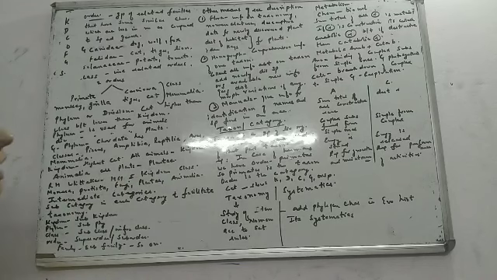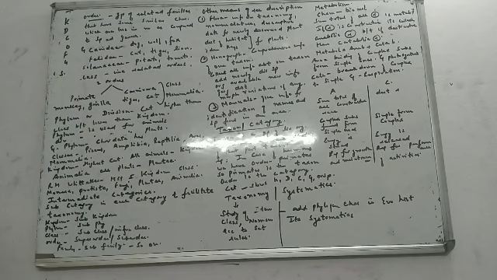Now, let's take an example of anabolic and catabolic reactions. It will be easier for you to understand. When we say anabolic reactions, we are making complex substances from simple ones. For example, photosynthesis. We take some very simple substances. Water is there. In the presence of light, what else? CO2 is there. Some simple substances are taken up and a complex substance is prepared. The best example is photosynthesis. That is an anabolic reaction.